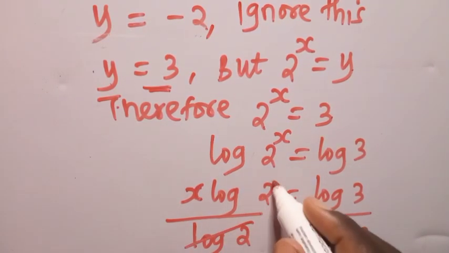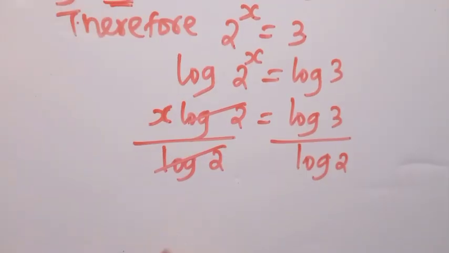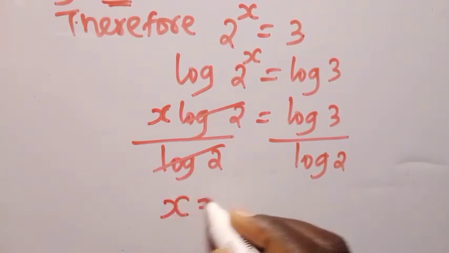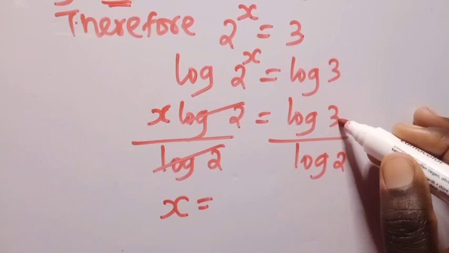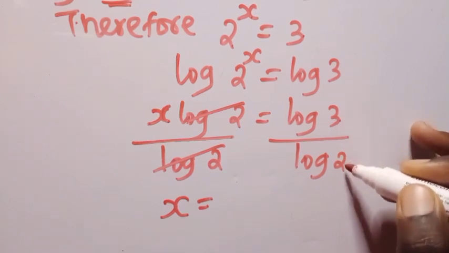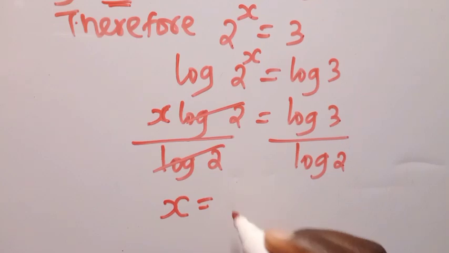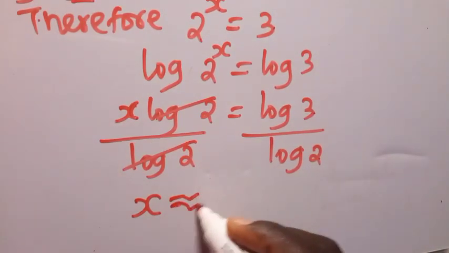This one and this one cancel. From the calculator, our value of x will be, if you insert the logarithm of 3 divided by the logarithm of 2 in the calculator, then you will have approximately